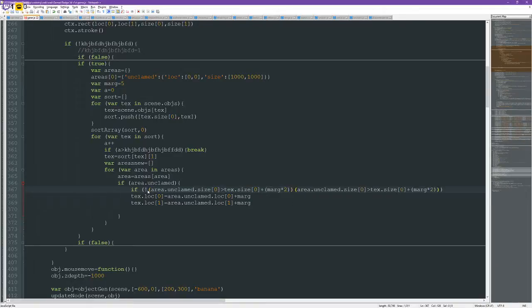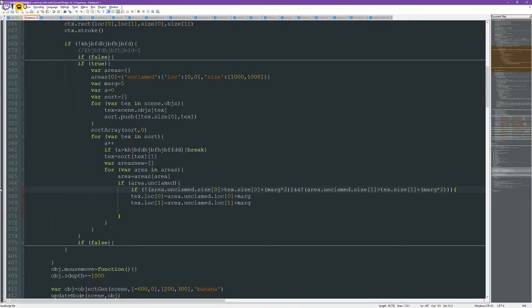And we want to do that for the X and the Y. Why do brackets look confusing? Whatever. And the Y. So if the texture fits within the area,